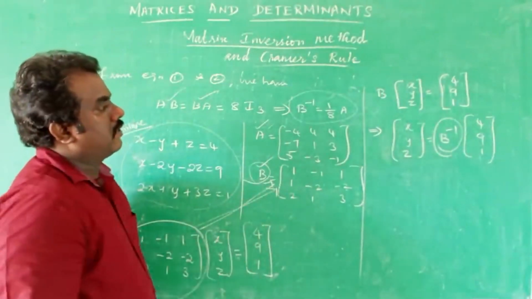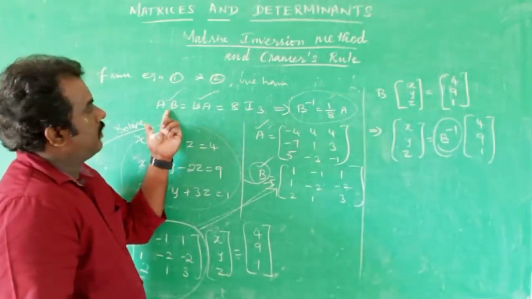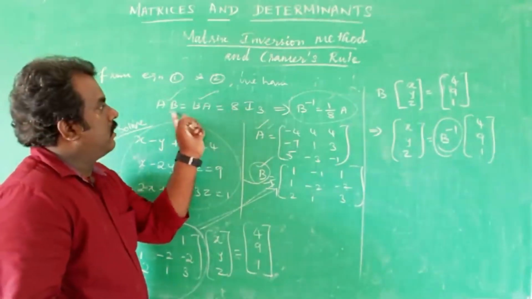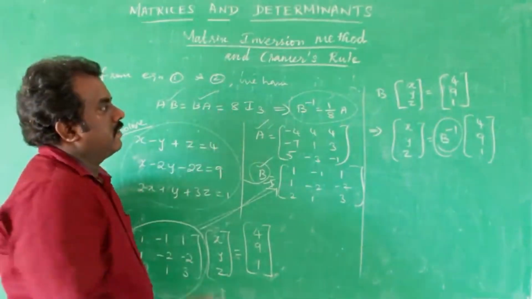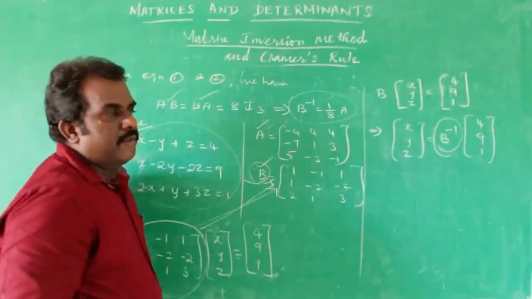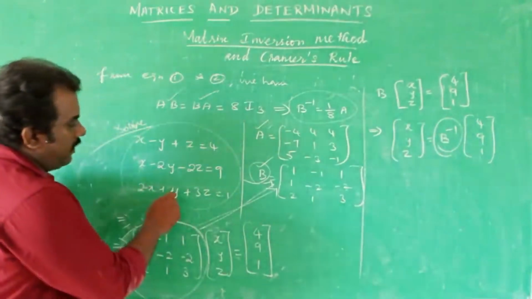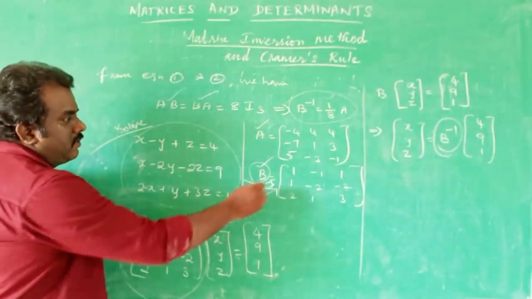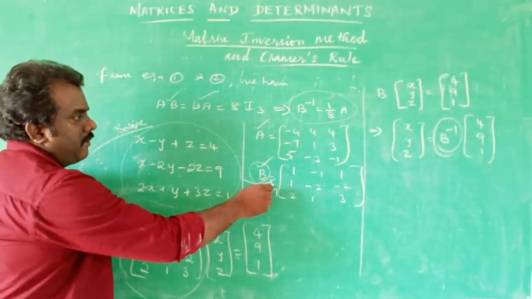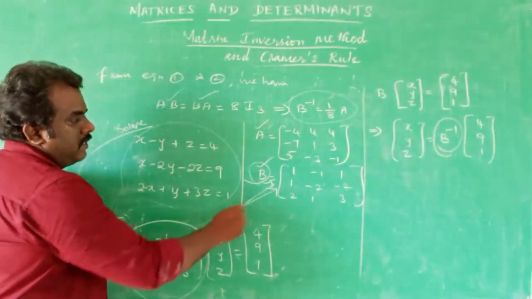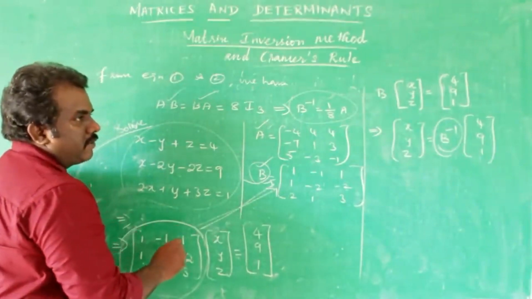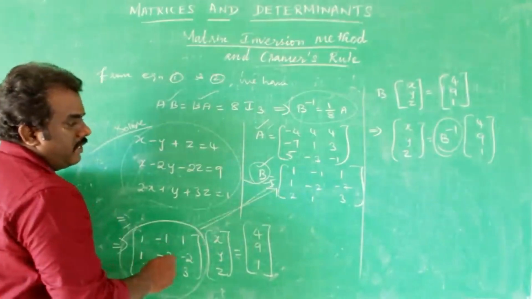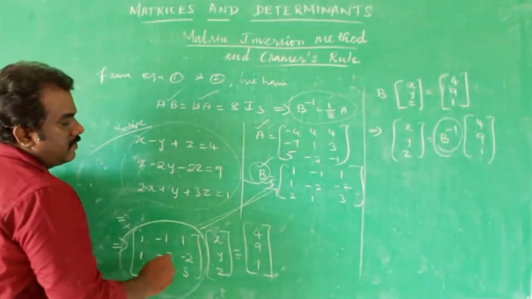The A matrix is given, the B matrix is given. Find the value of AB. That means find the product of AB and find the product of BA. We can get AB is equal to BA is equal to 8 into I3. From this, we can get B inverse is equal to 1 by 8 into A. And write the system in the matrix form. Then comparing with the given system of equations, the given matrices, the coefficient matrix is completely equal to our B matrix. So this can be replaced by the B matrix, indicated as B.